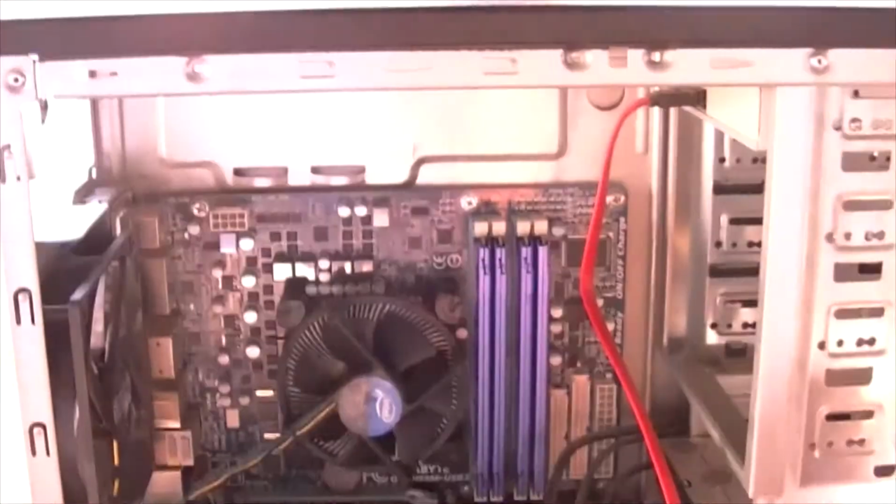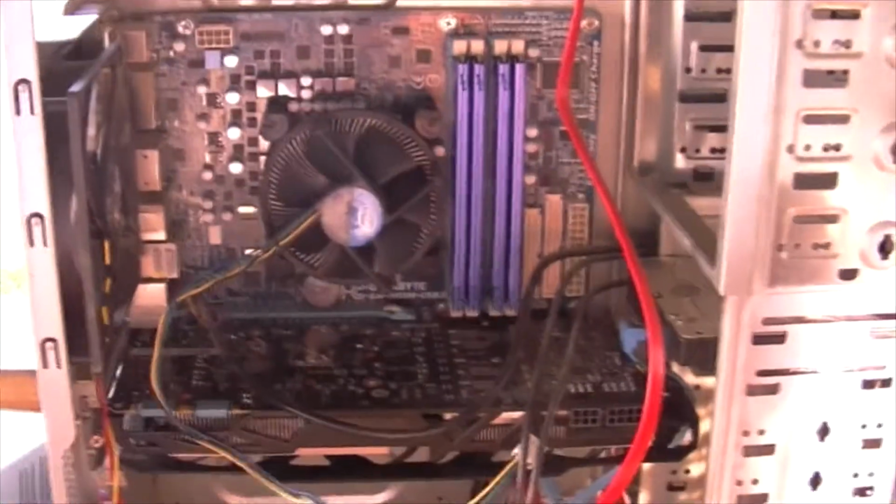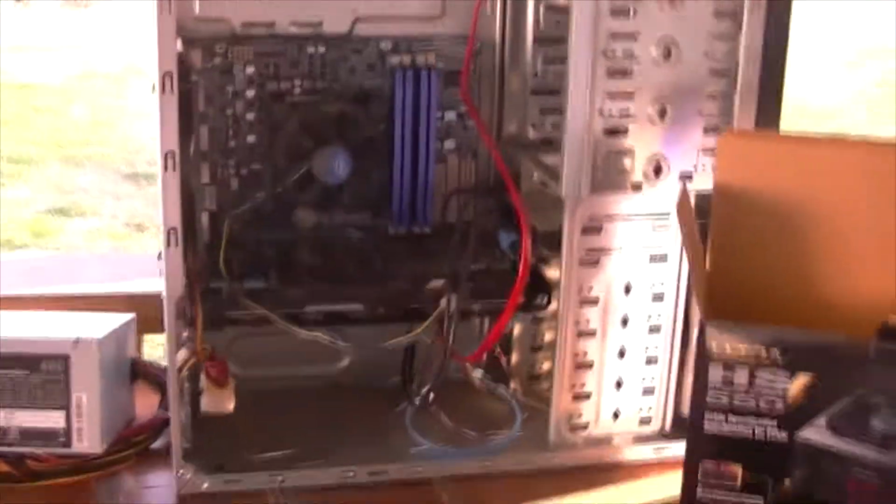But I'm going to go ahead and set this up, get all this junk out of the way, and we'll start installing this power adapter. Alright